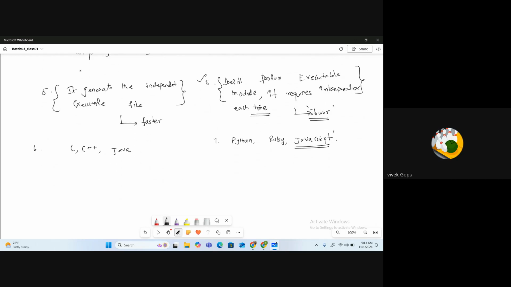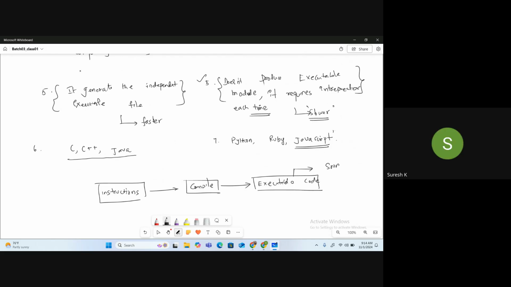Sir, can you explain the fifth point once again? Fifth point: generate the independent executable file. You have instructions. We compile it, it produces the executable code. Meaning, you have a source of executable code.